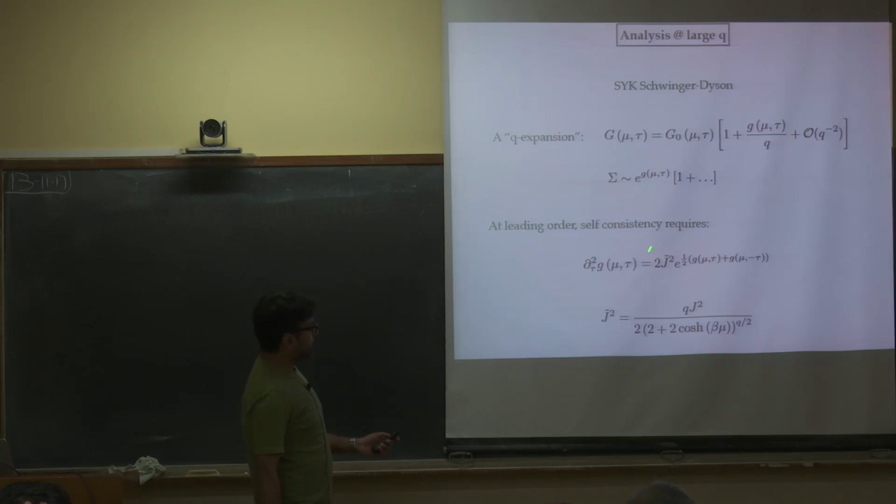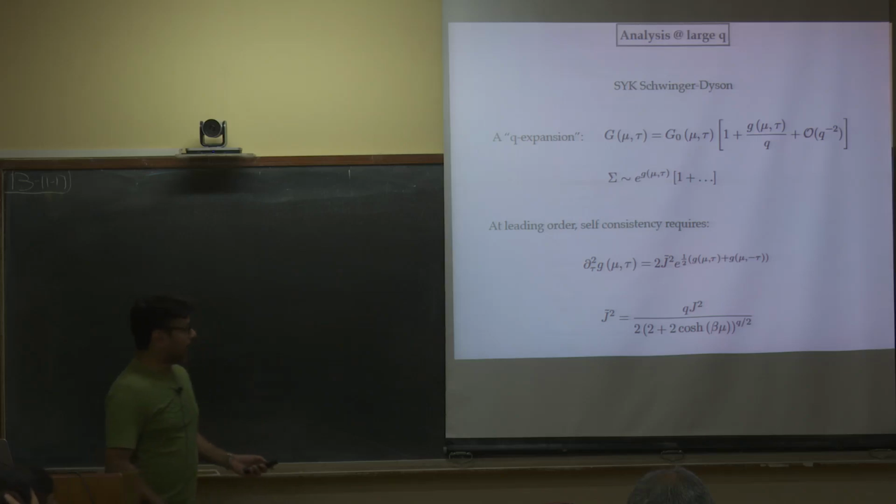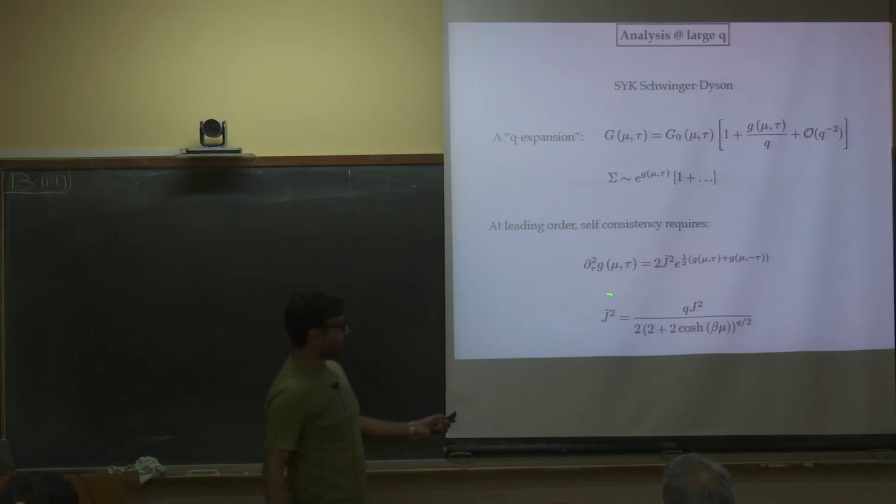One thing to note here is that this equation is very, very simple, except there is only one change, and the change is that now there appears to be a new effective coupling. J is the coupling that we started with in the interaction Hamiltonian, and this has been replaced in this equation by something called J tilde. So even if I am at large coupling from the Hamiltonian perspective, I may not be at large J tilde, because I can tune this so that it becomes order 1 or even very, very small. It's really very, very simple.